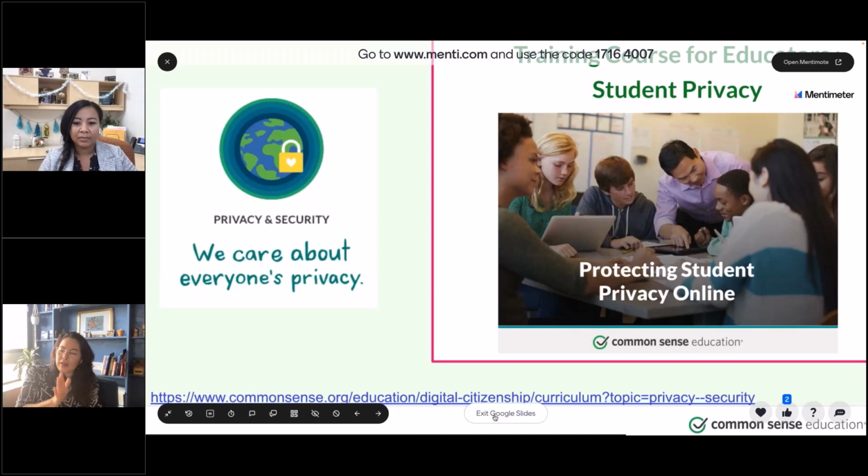All right, so I just put the link in there, and I'll share these in the slides. But not only do we have all of our privacy lessons, kindergarten through 12th grade, in the Common Sense content, but we also have a training course. You can't really see that part, but it says training course for educators, student privacy, right? What does it mean if you are a teacher? A lot of times teachers don't understand this too. So do teachers somehow need a little bit of a primer on what is student data and how do you maintain its privacy? That's why I put that in there for you too. So if you as a teacher need a primer on student data privacy, I put a link there to a 1-hour course about student data privacy as well.